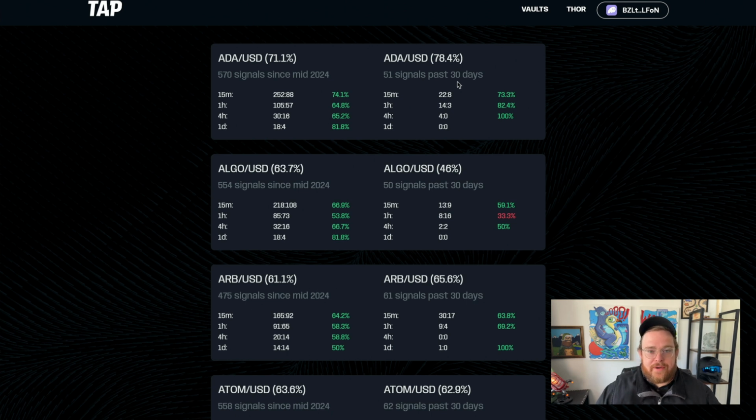Things to remember here is that we have a 1 to 1.5 risk to reward ratio, and that is how we present a winning trade. If it hits our virtual stop loss, we count that as a loss. If it hits our virtual 1 to 1.5 take profit, depending on the trading range, that is what we constitute as a winning trade. So it's really good to know if we move our, right now it's 1 to 1.5,